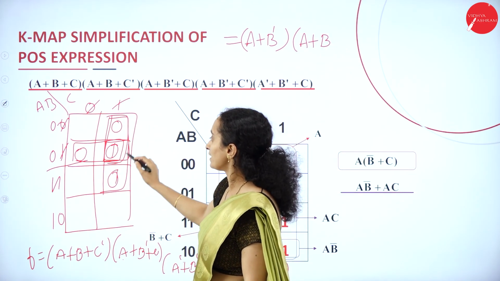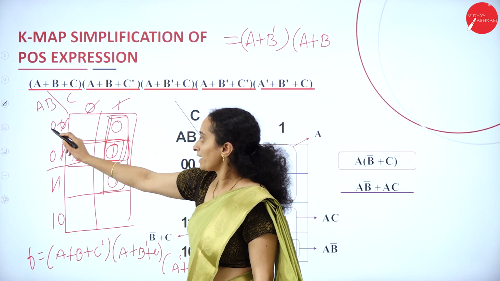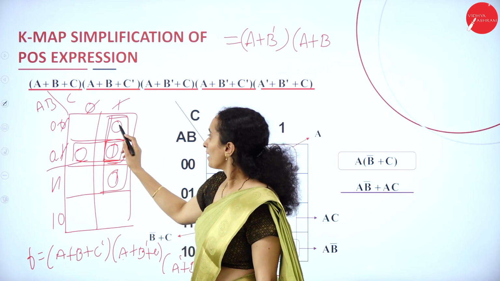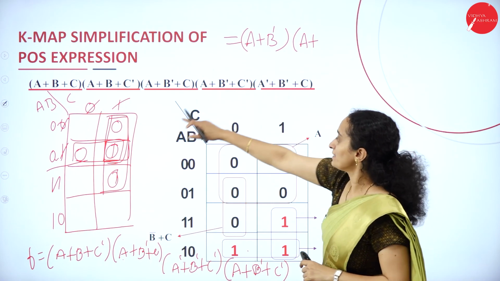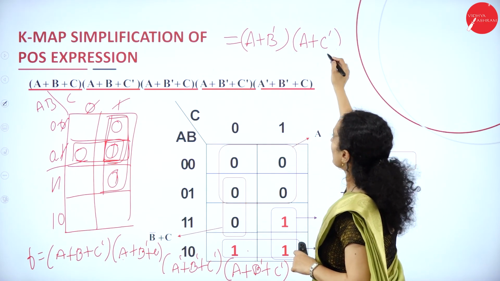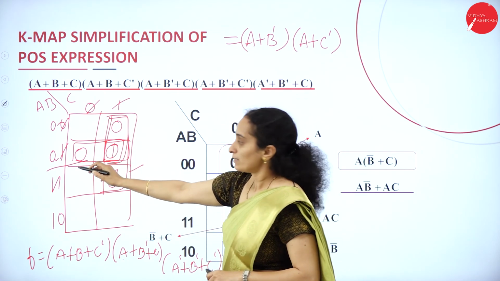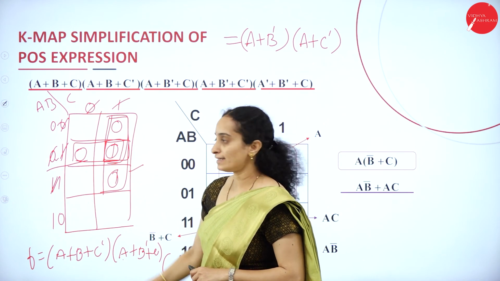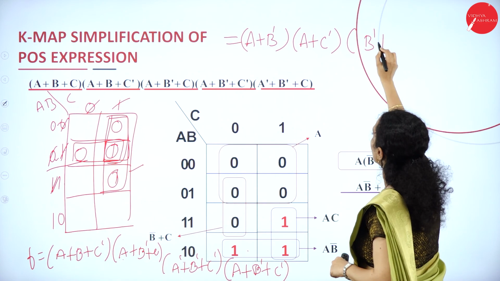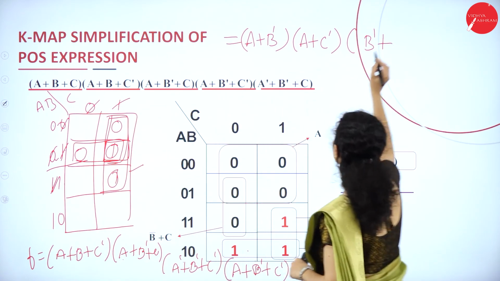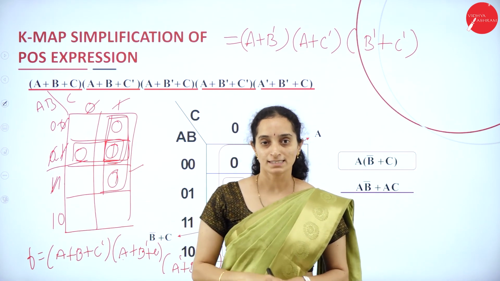Okay, when you consider this group, this will be cancelled. So these two values will be cancelled. Remained is A plus B dash. So A plus B dash plus A into A plus C dash. Now if you take the third group, A will be cancelled. This will be B dash plus C dash. So this is the final expression you can get from the simplification.